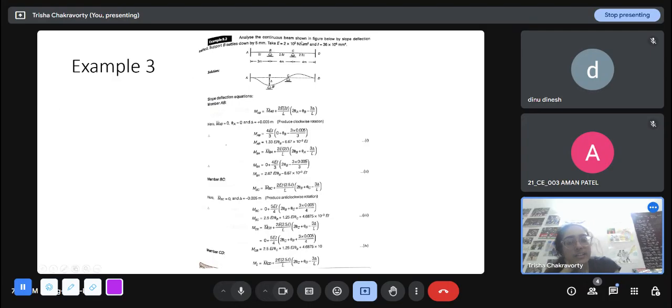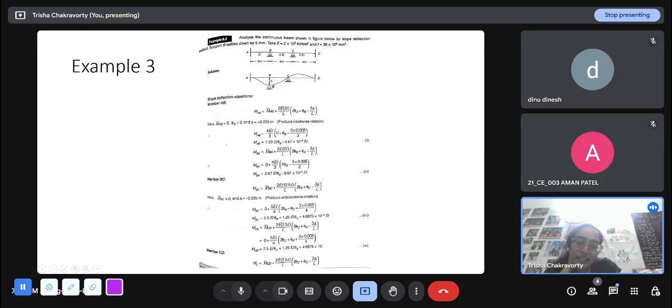We are going to analyze the continuous beam shown here by the slope deflection method. Support B settles down by 5 mm. So what it means is that it does provide a vertical reaction force, but it also settles by 5 mm. And E and I values are given. So for this member AB, this is one span. MAB is MAB bar, and this MAB bar will be 0 here because there is no force applied in this span,